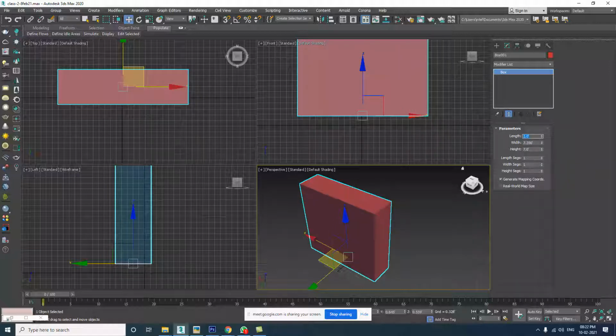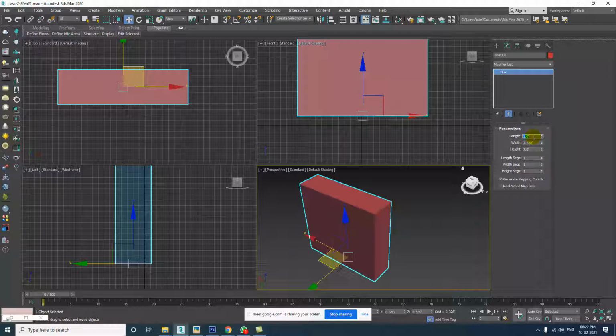You see now it is 2.0 feet. Am I clear? Now whatever your measurement is, you can give it here in just numbers. You just type the number and press enter.